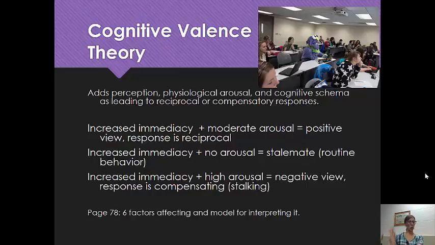Cognitive valence adds on to all of that, this sense of how close you are to someone, not just in the reward value, but the behaviors that you've engaged in as an attempt to increase immediacy to that person, and the internal feelings that you have regarding uncertainty or regarding the environment, regarding your perception of the events, your personal feelings, all of that stuff layered on here. And of course, cognitive schema.